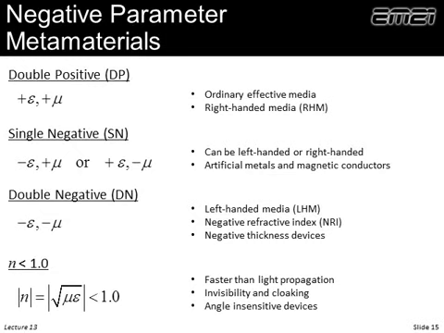Now folks are still struggling with this. They are still very lossy, but they're beginning to do pretty good with that. So we would call a double negative metamaterial a left-handed media, and we'll discuss why that is in a little bit. It has a negative refractive index, which of course has consequences. And another neat thing, that means it has a negative thickness. So we would define the electrical length of something as refractive index times the actual physical length. If refractive index is negative, then suddenly these devices have negative electrical thickness.